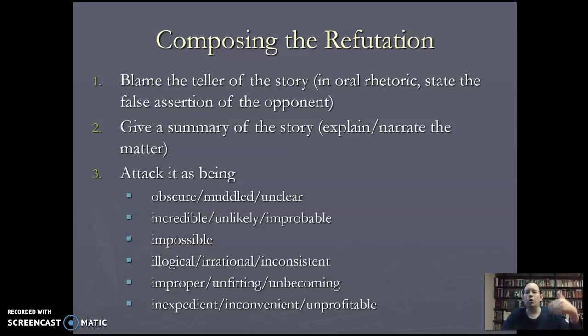Inconvenient, improbable, maybe even the whole story. On the whole, this story is not probable, and that could almost be like a conclusion, but there's no step 4. So these 6 subpoints really work well if you do all of them. Okay, and then similarly for